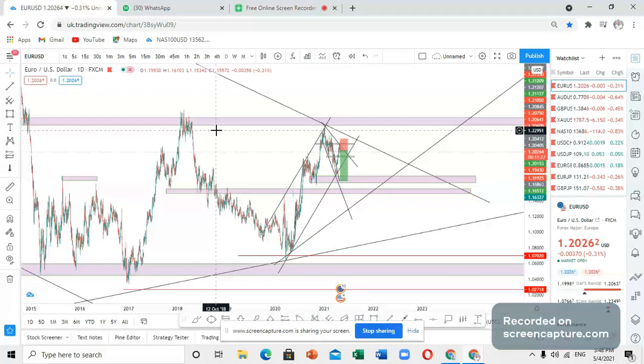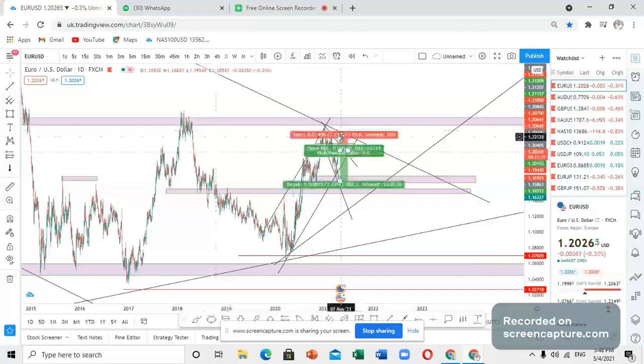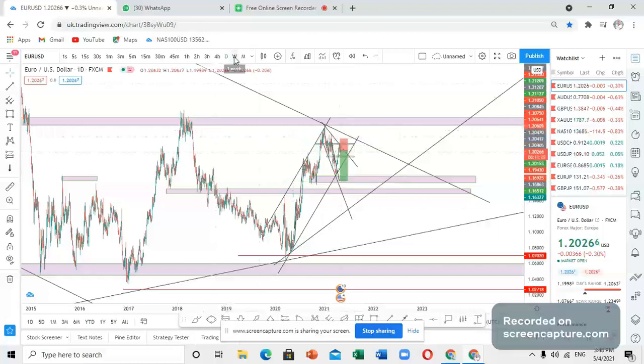Hopefully the market did not make much of a move yesterday, so there was no effect from that. I'll just go straight to the chart, and I'm going to go straight to EURUSD. I'll be starting my analysis with